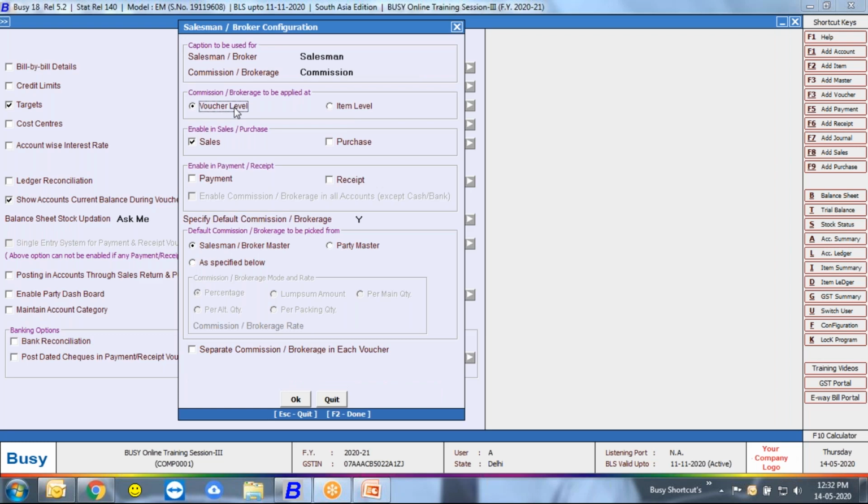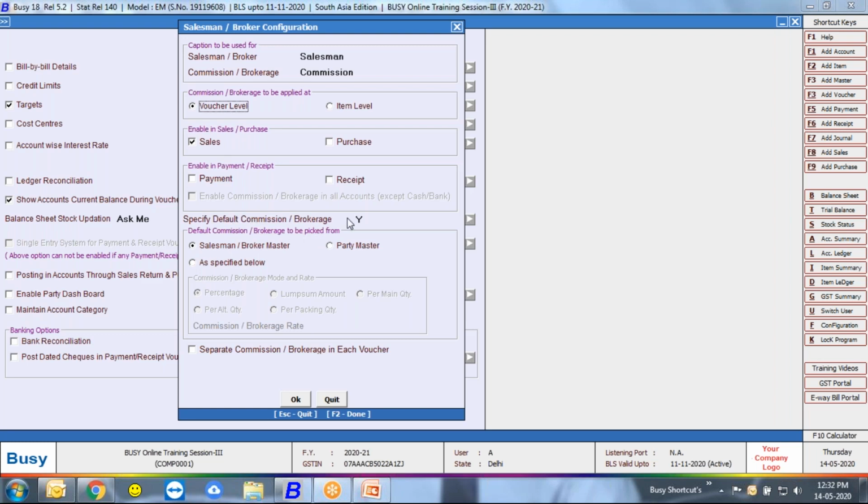Okay, right. Enable in sales: where you want to enable salesman configuration, in purchase or in sales. I said, sir, sales. Specify pay default commission or brokerage.